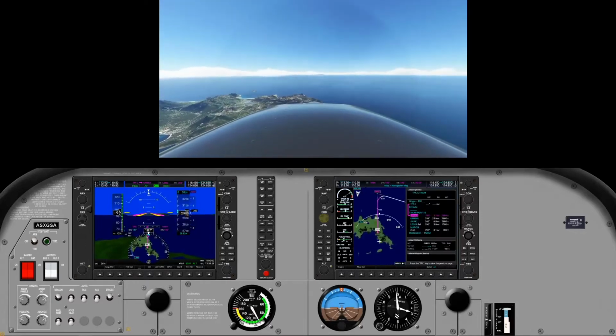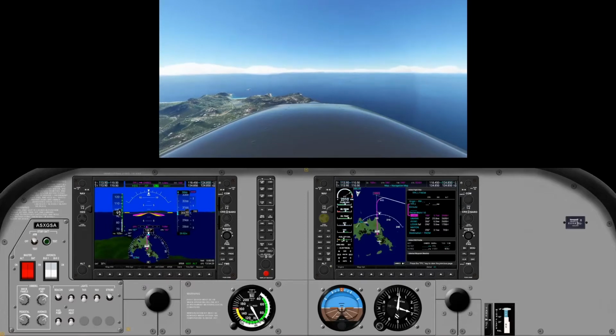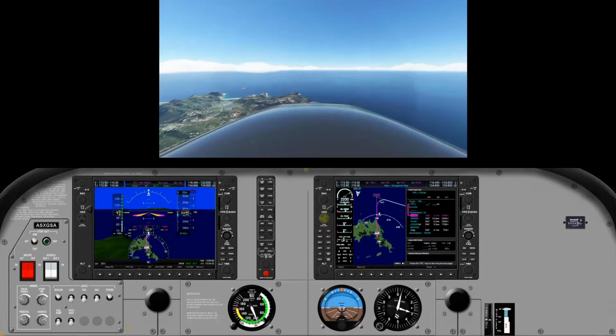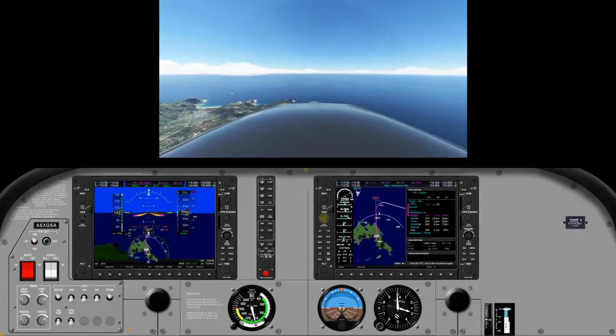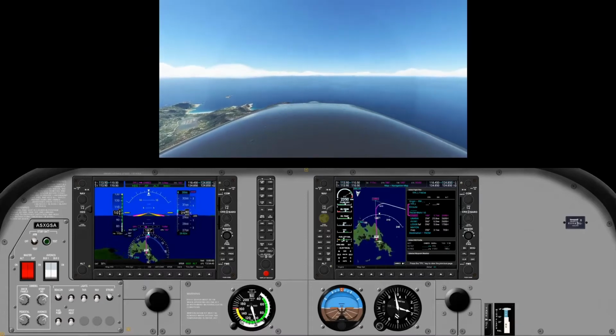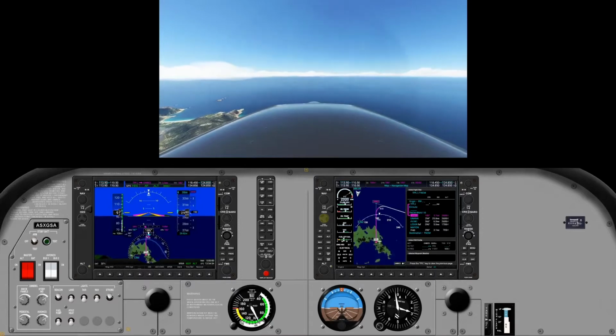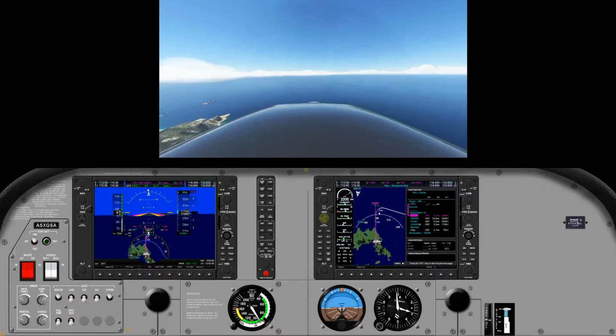So here we are back, gained a bit of altitude, just flying back over the island now. And you can see we're at 3,000 feet, we've just levelled out at 3,000. And so we're just coming up onto our first leg here. We're in heading mode, so I'm going to arm the nav. And you can see the GPS has come on in white on the top of the PFD here, because it's only armed. It won't actually activate straight away unless you're within a certain distance and intercept angle of the intended